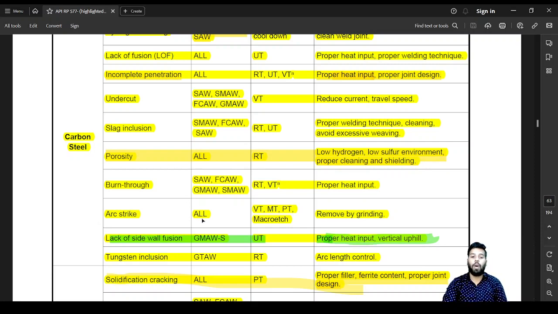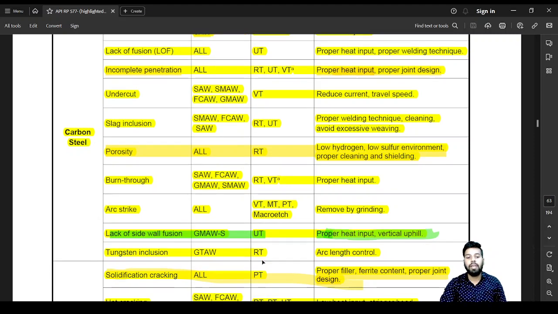Arc strike: all can have arc strikes. VT, MT, PT, macro etch. It can be removed by grinding operation. Lack of fusion, lack of sidewall fusion, GMAW short circuiting method: UT is going to be the better option. Tungsten inclusion is only going to be possible in TIG welding or GTAW, and RT is going to be the